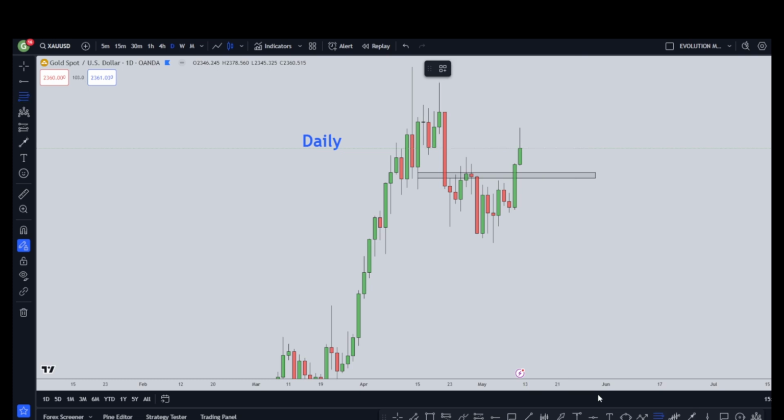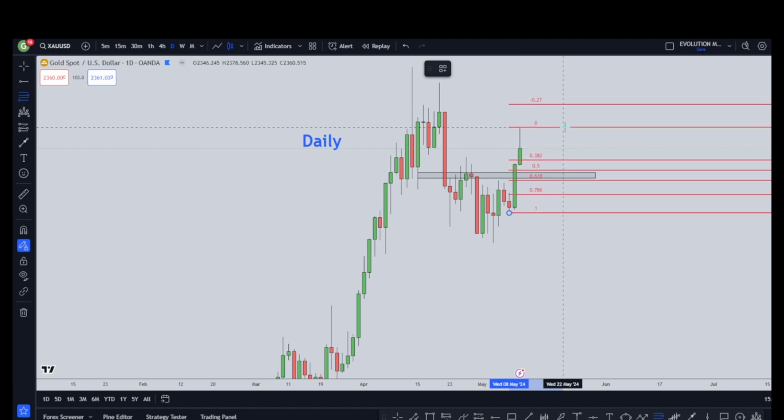upside. And if we take our Fibonacci tool and measure from the beginning of this impulse leg to the peak of it, we see that should price retrace to the downside, we have the 50% Fibonacci retracement level and the 61.8% golden ratio within the confluence of this support area, and so that could act as a strong magnet to see price pulled back to this area before we can see a move to the